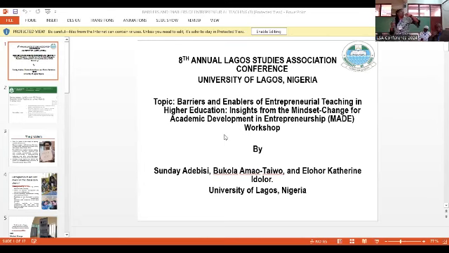Now, what are the enablers? You must have a conducive entrepreneurship center, and that was the main reason why they came here. Power affects everything. Once there's no power, you can't operate. Internet connectivity is also important. If you cannot connect, you cannot do anything. Then you must have experts. When they came to UNILAG, they came to meet the experts who were able to explain things to them. Then good networking is important. We made friends, and up to now, we are still making friends and relating with them.